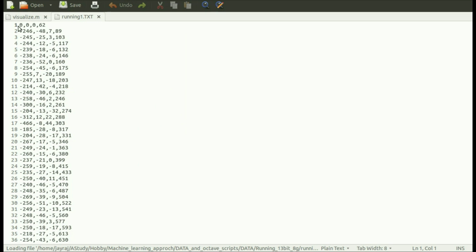The syntax is like this: this is the x-axis reading of our ADXL345 accelerometer, followed by the y-axis reading, and then the z-axis reading, and finally this is the timestamp in milliseconds. This is what will determine the sampling frequency of our Arduino. The x-axis, y-axis, and z-axis data are separated by commas, and finally there is a timestamp.